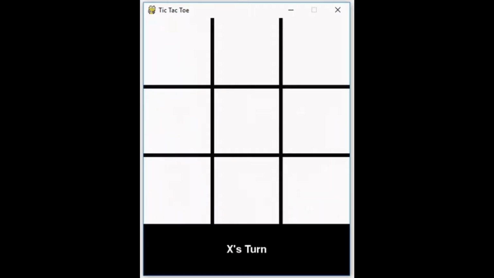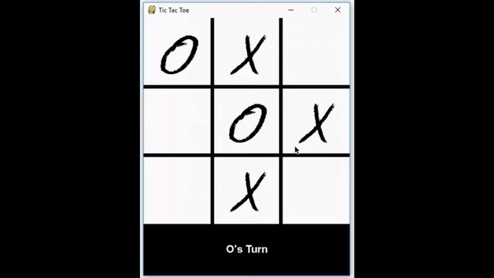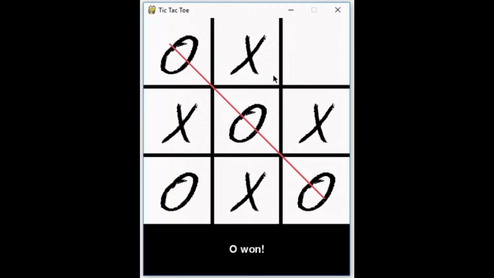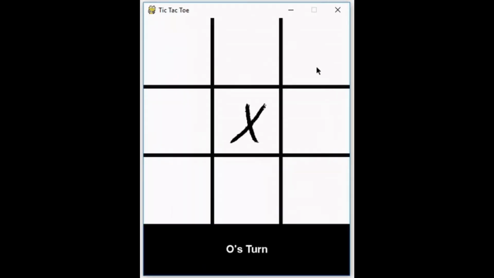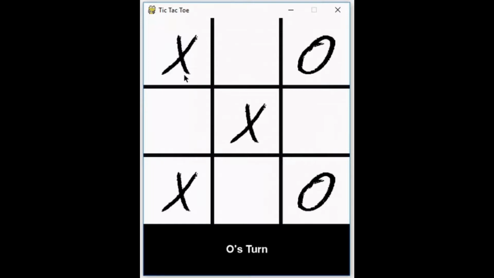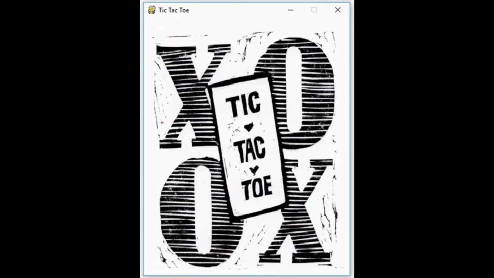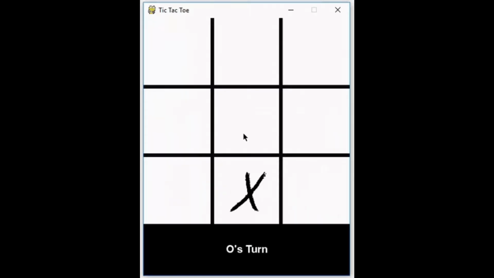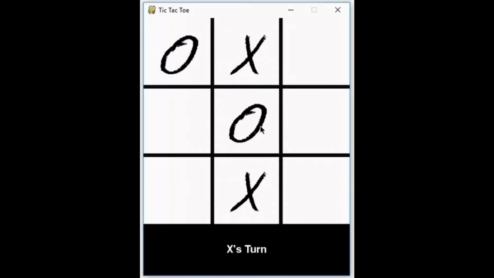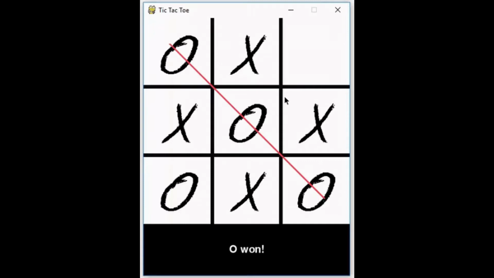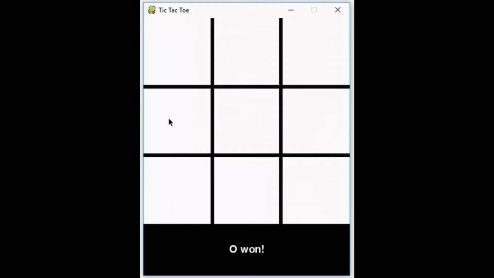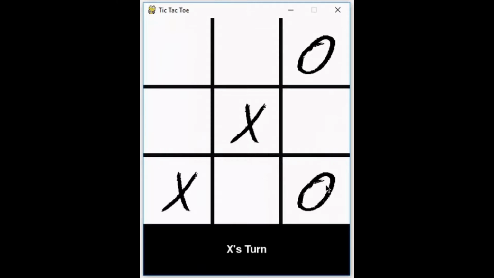This game is played by two individuals. First, we draw a board with a 3 by 3 square grid. The first player chooses X and draws it on any of the squares. Then it's the second player's chance to draw 0 or O on the available spaces. The players draw X and 0 alternately on the empty spaces until a player succeeds in drawing 3 consecutive marks either horizontally, vertically or diagonally. Then that player wins the game, and otherwise the game is a draw when all the spots are filled.